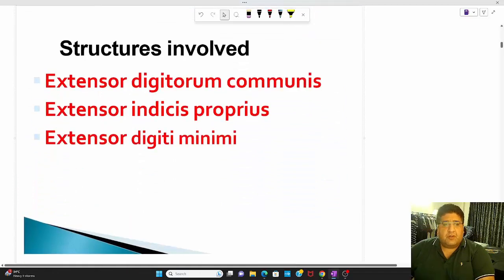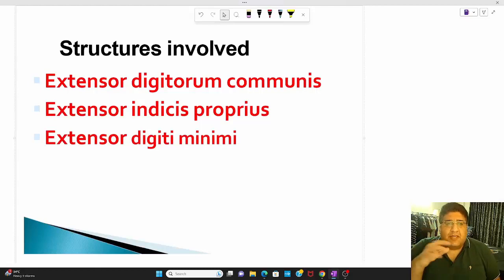Now the next basic thing you should know, and I repeat, is that this extensor apparatus is not going to include those six extensor compartments and the tendons. It basically includes the fourth compartment, which is very important to understand: extensor digitorum communis and extensor indicis proprius, EDC and EIP, and the fifth extensor compartment, which is extensor digiti minimi. The sixth one is ECU; we'll talk about that later, as there's another video for those compartments.